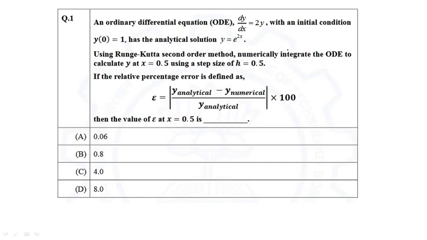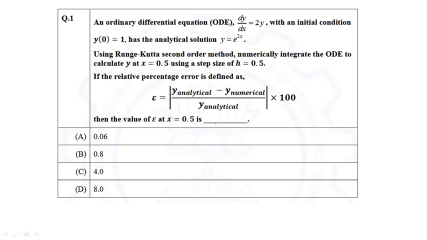Using the Runge-Kutta second order method, numerically integrate the ODE and evaluate y at x equal to 0.5 using a step size of h equal to 0.5. If the relative percentile error is defined by epsilon equal to y analytical minus y numerical by y analytical into 100, then the value of epsilon at x equal to 0.5 is